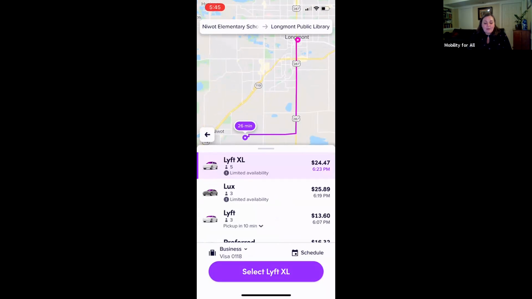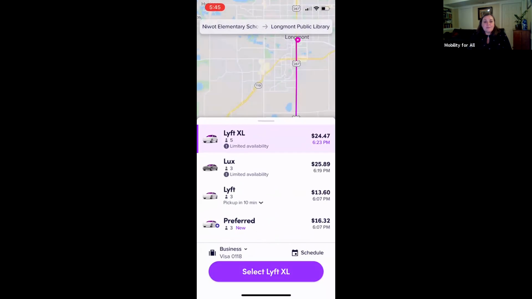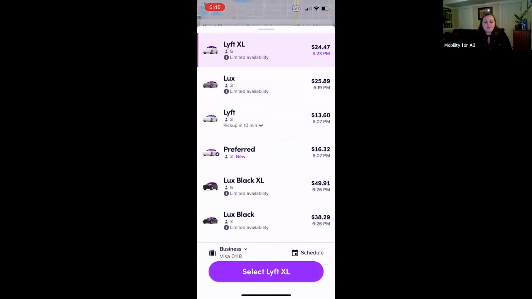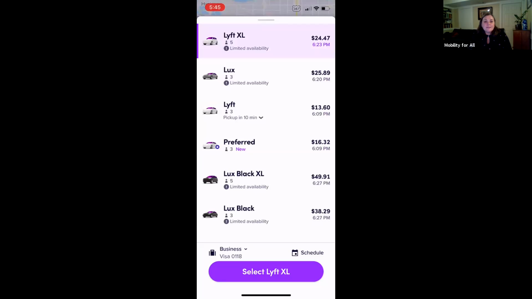And down below, I'm pulling this up just using my little finger. Using your thumb, you can just put your thumb on that bar at the top and pull, and you can see what's below it. It's giving me a few options. There's the Lyft XL, which is extra large because it can carry 5 people. And that one's going to cost